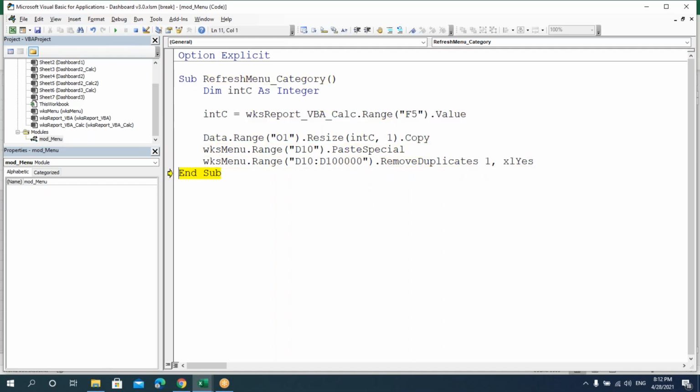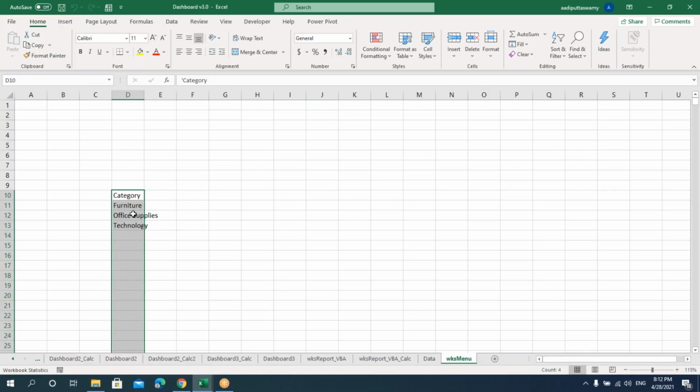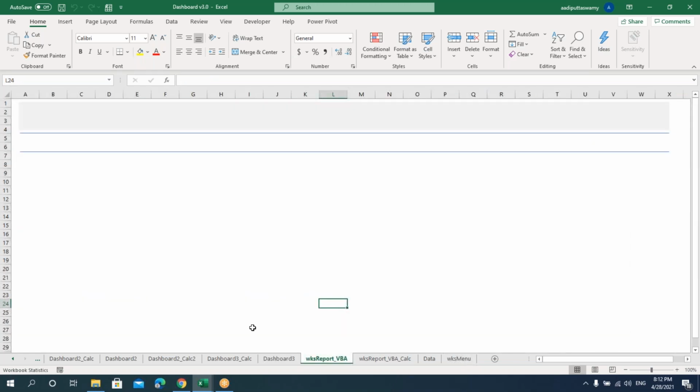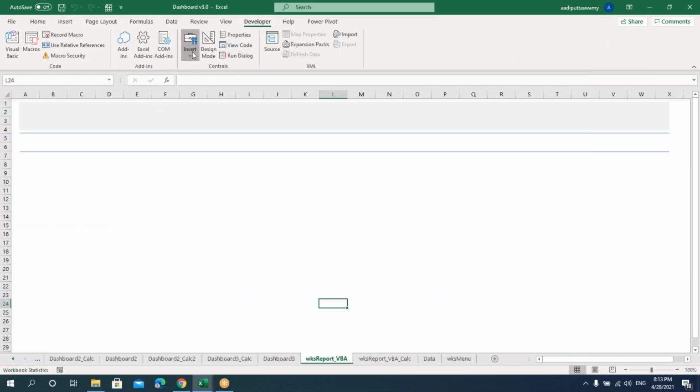Now if you go here and just run this, you can see that I'm getting these categories. That means we just created the menus here. Let's go to our reporting sheet. We'll take one drop down, say developer insert, and here we have this drop down. Just put the drop down here like this.